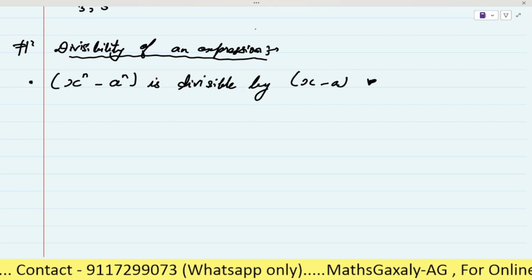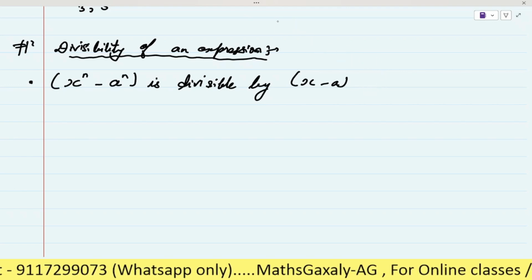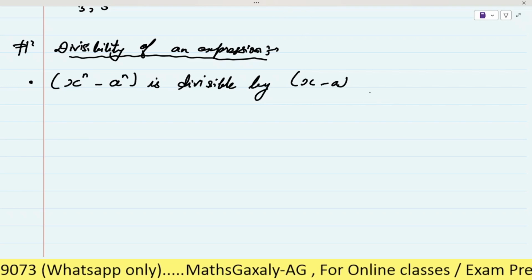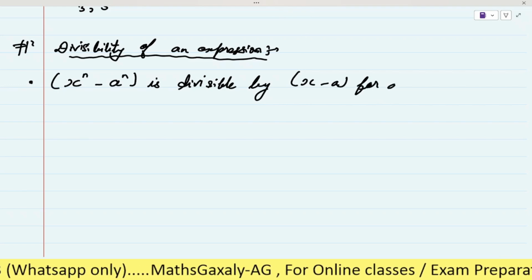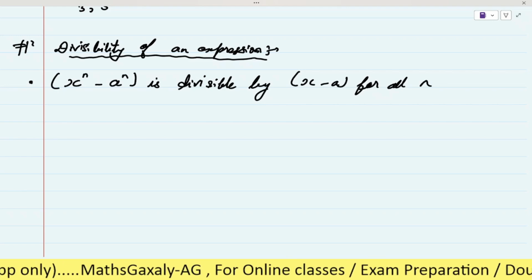Is it clear? Either it will be an even number or an odd number, for all n.